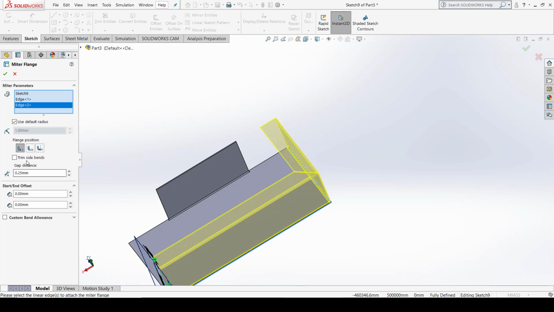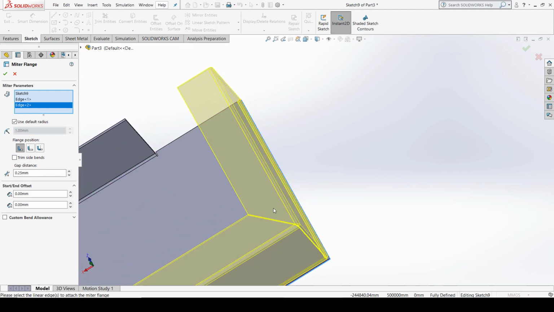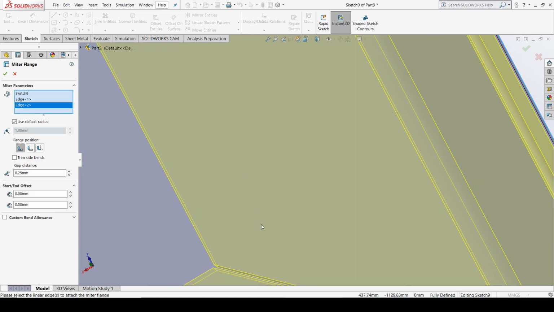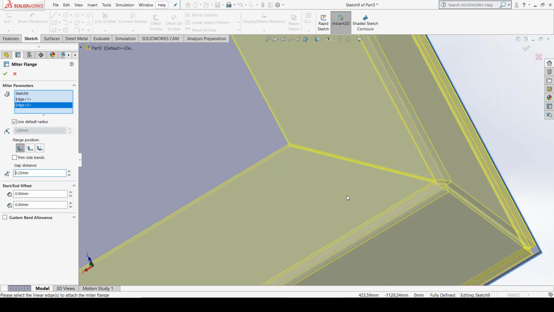Okay, now this is the gap distance. The gap distance is basically the distance between these two flanges at an angle of 45 degrees. So you can change it, let us say it should be 1 millimeter. So I just make sure this is 1 millimeter. You can change it to 0.5, 0.3, as per the requirements of the designer. You can change it to 10 millimeters also, no issues. By default it is 1.25, so I just selected 0.25 here.